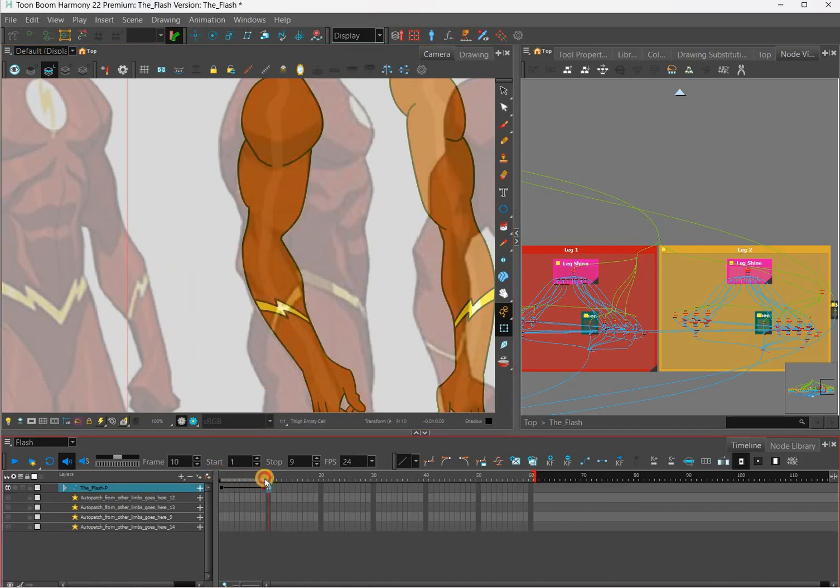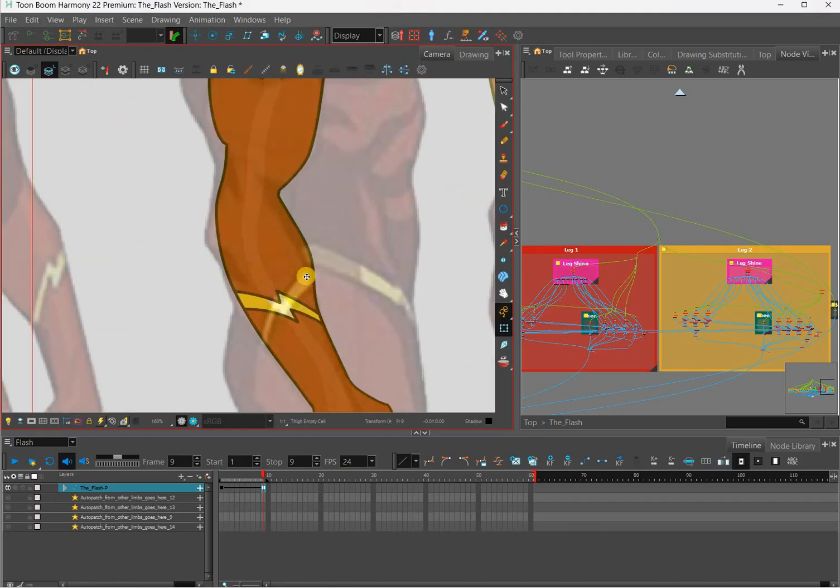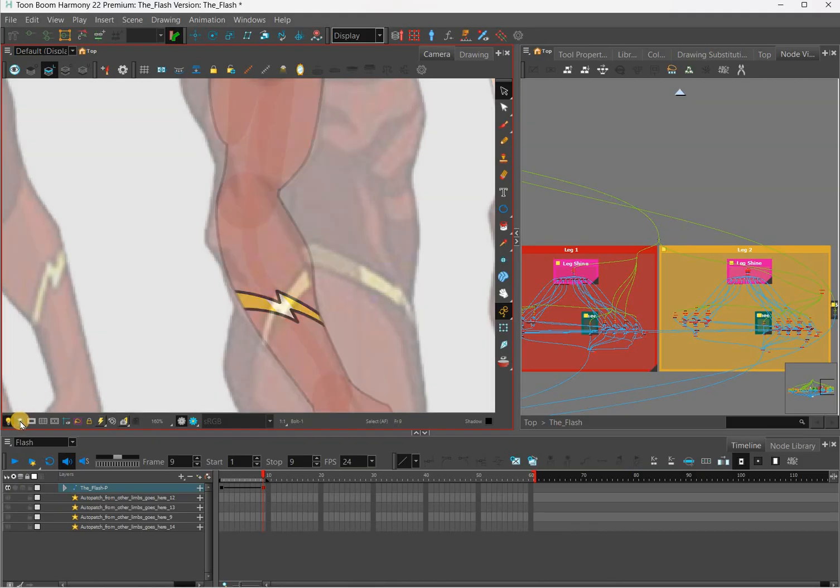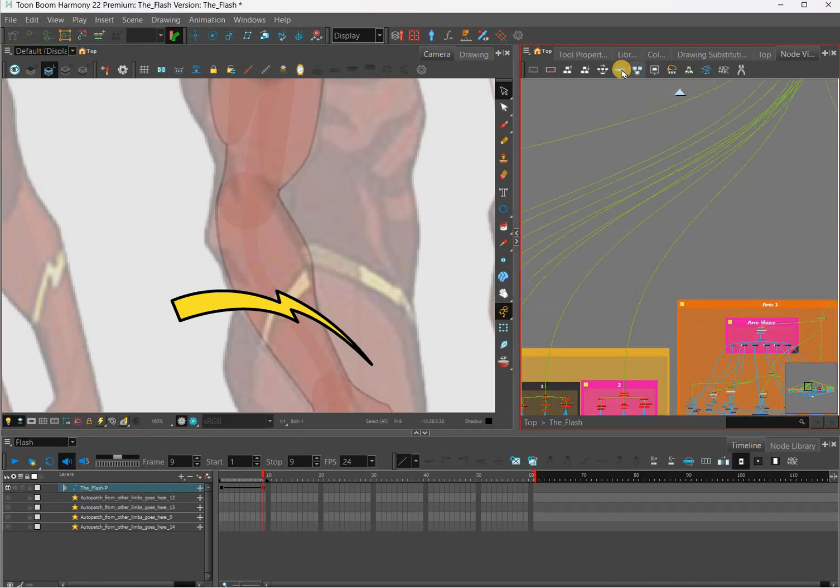Let's solve that issue. Let's say that you want to be completely accurate, okay? That lightning bolt has to go the other way. But if I twist it this way, it will animate that way, which won't make any sense. So what we can do is I can hit that, hold shift, press B a bunch of times, and then hit my black arrow. I'm also going to turn on this light bulb and turn this on here, the current drawing on top. So now what's happened is